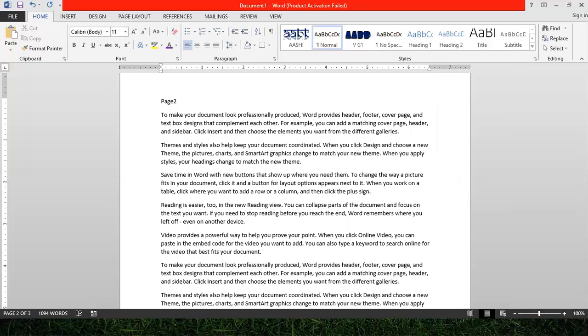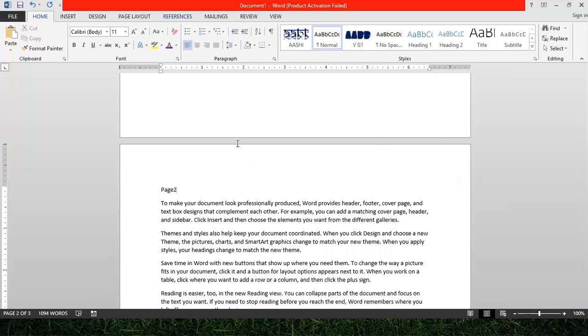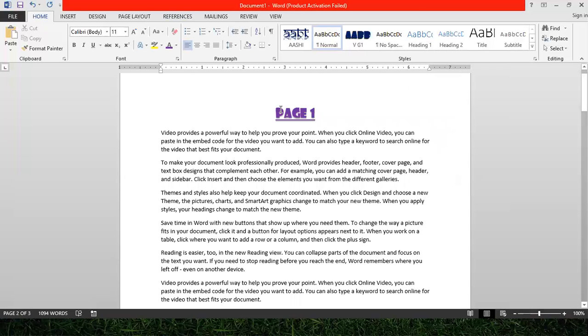Now the Format Painter tool will be helpful to us when we already have a formatting effect which we have already applied on the text.